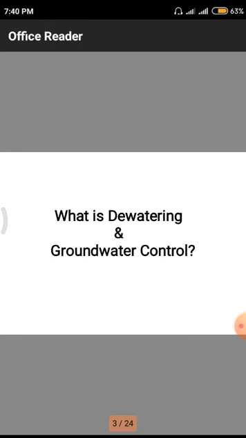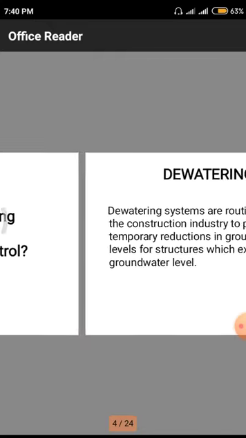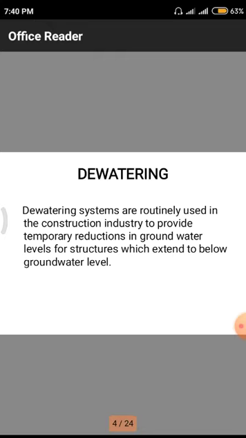That means if there is no water on the lands, automatically the water will be seeped by the soils. If there is water, automatically that water will not enter into the surroundings. So we need to control the groundwater in coastal areas especially. Next one, we have to discuss groundwater control and dewatering techniques. Previously we discussed them, so we need to recall a few things.